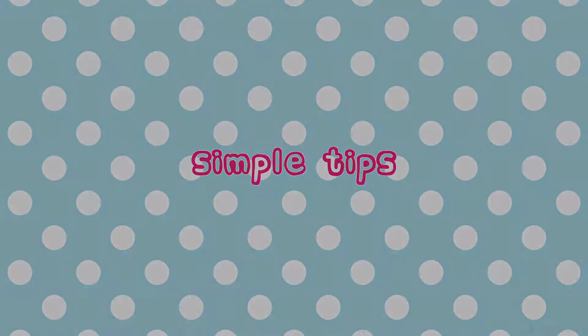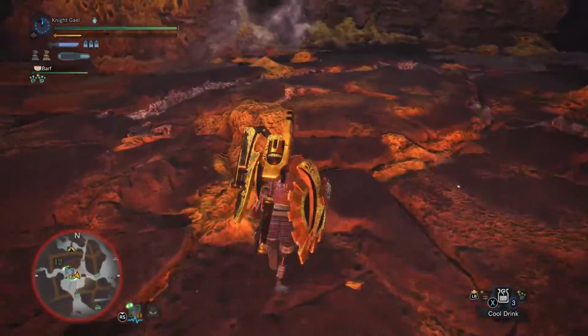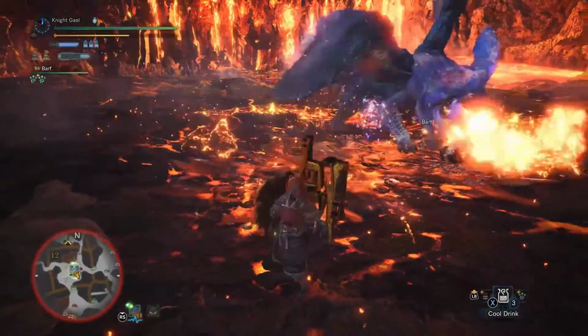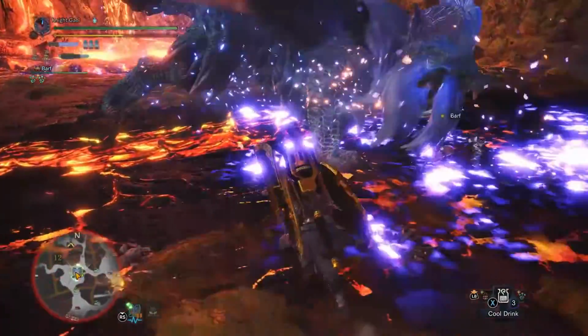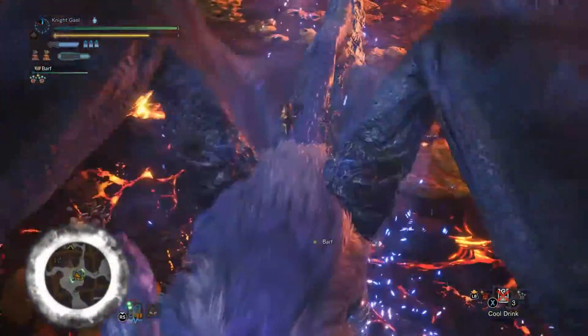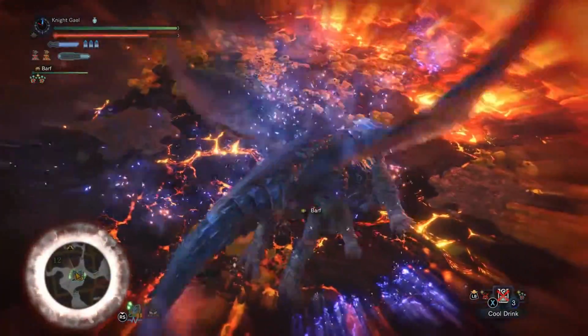Part 1, simple tips. In area 12, you can see a small patch where lava is coming up through the ground. If you walk over this area, the ground will collapse, revealing a small ledge that you can use to mount Lunastra. Lunastra is very easy to mount, she's not very resistant to it. However, be sure to have full stamina before attempting, as she will try to knock you off at least once,